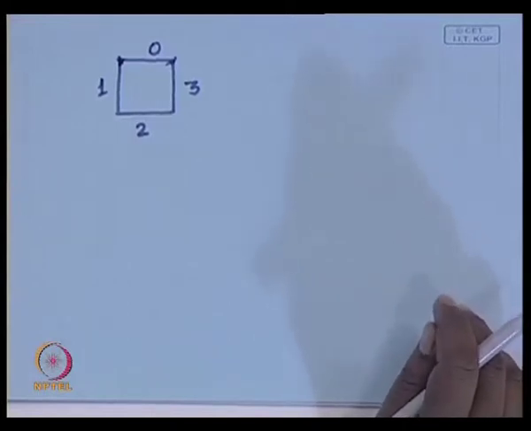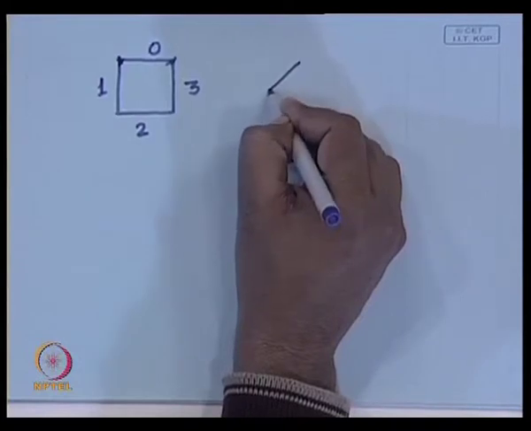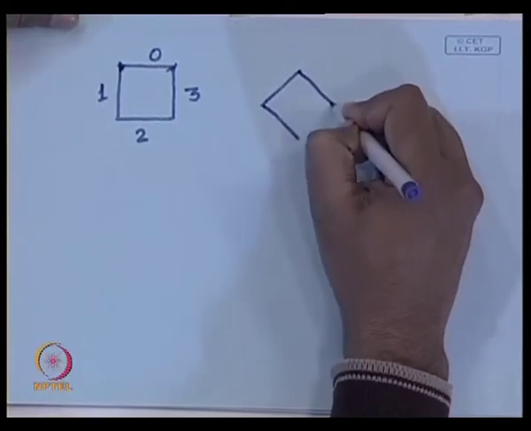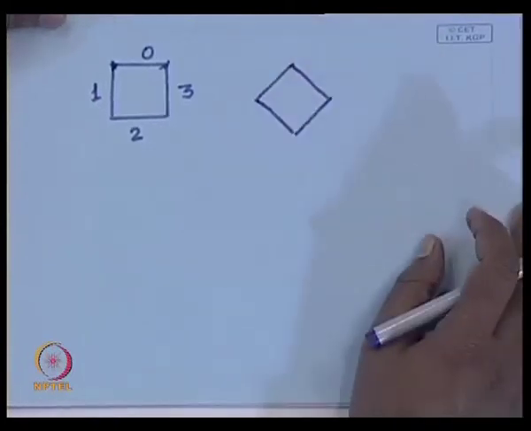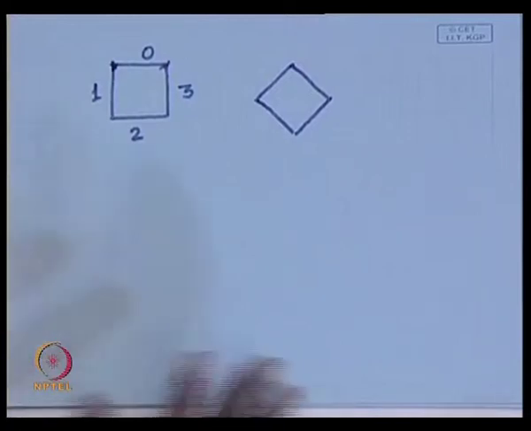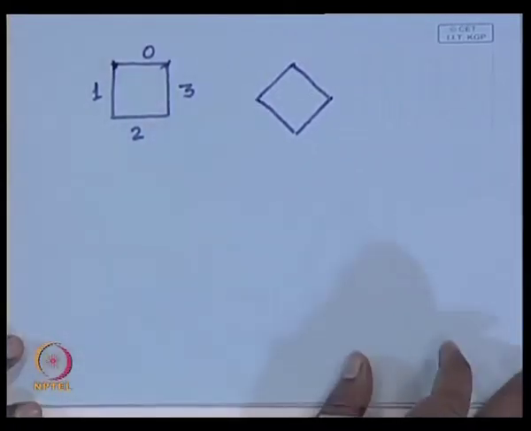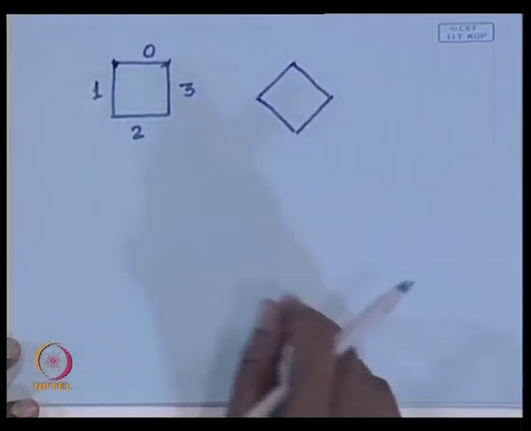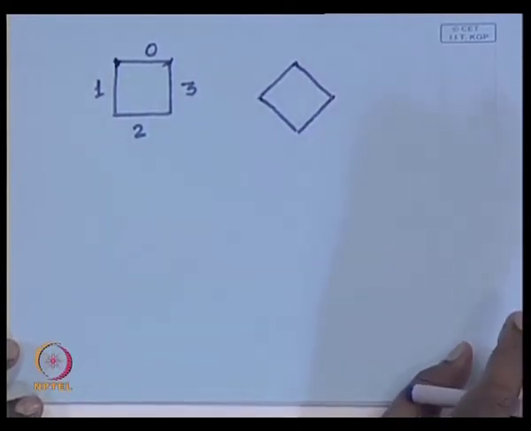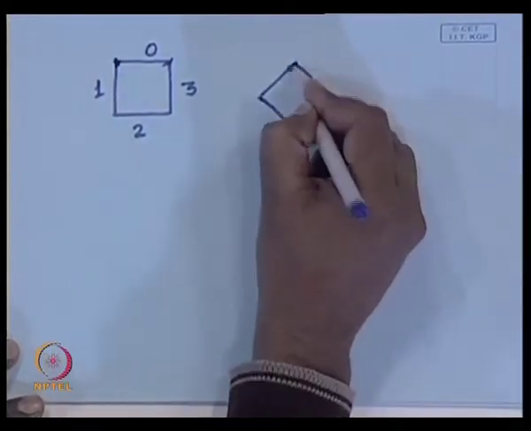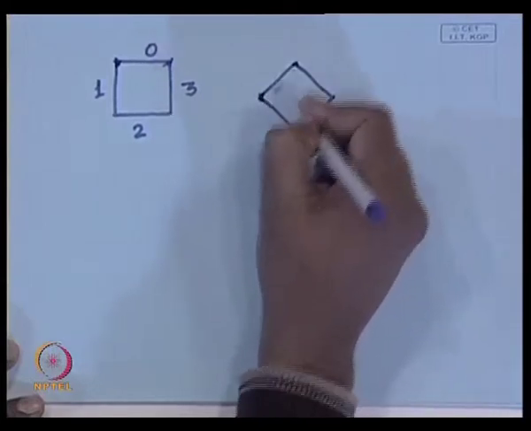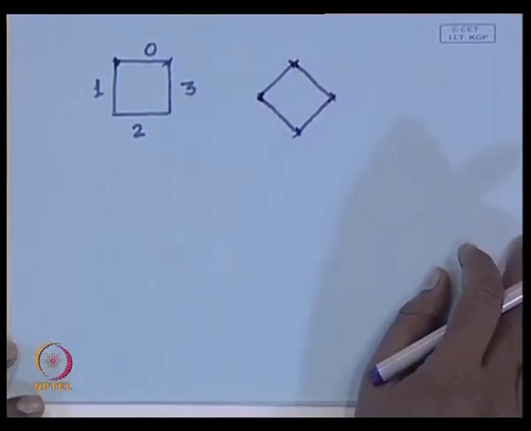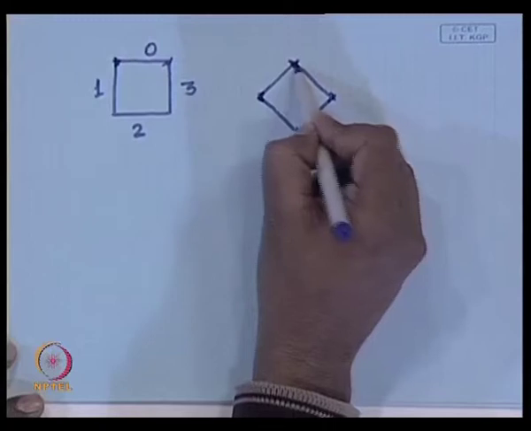Okay. Now, if I simply rotate this by 45 degrees, following 4 connectivity, I cannot generate the chain code for this figure, because these movements are not defined in my case. Or even if I take the concept of chessboard movement. Okay. So, these are the boundary points. This is one boundary point, this is one boundary point, this is one boundary point, this is one boundary point. So, the kind of movement that I have to make is, assuming that this is my starting point,